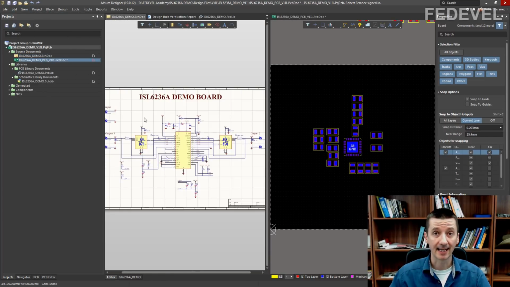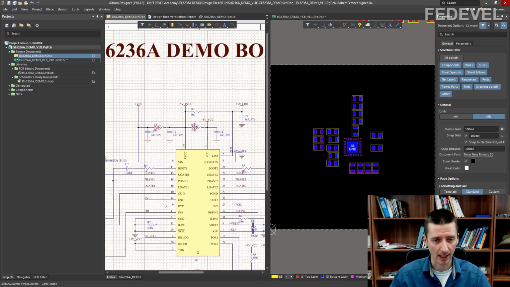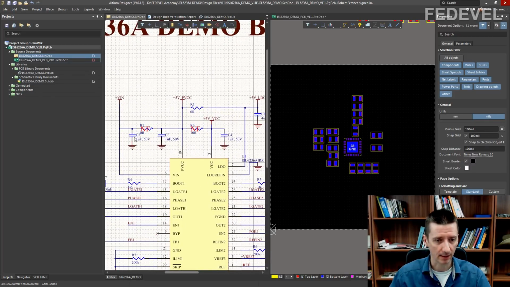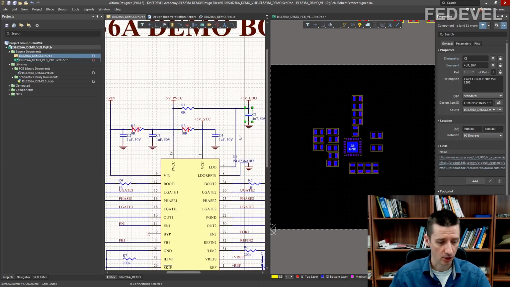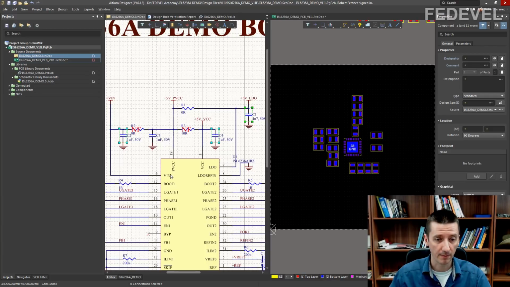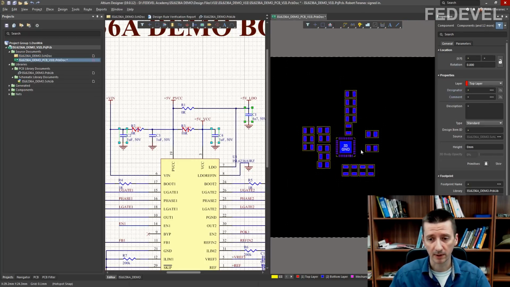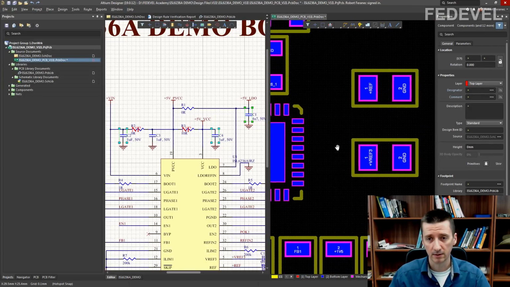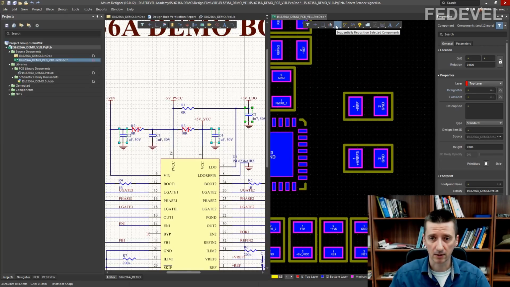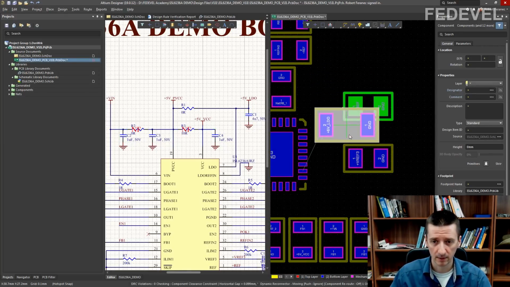We are going to place the rest of the capacitors which are placed around these power pins. Left click on this one, press shift, hold it down, left click here and left click here. Remember the pin numbers, okay? 7, 6 and 3. And all these pins, they are located here. 6, 7, 3. So reposition selected components, press L.